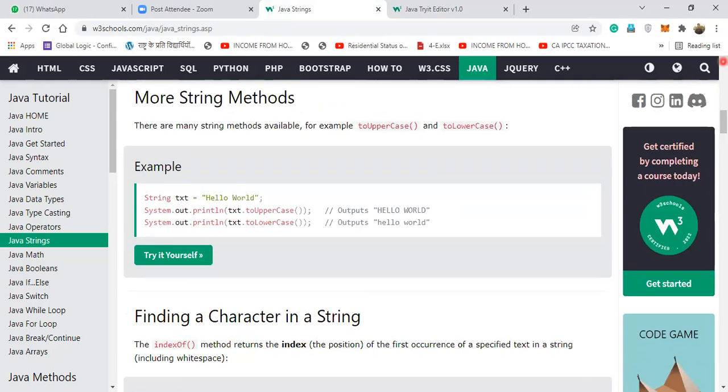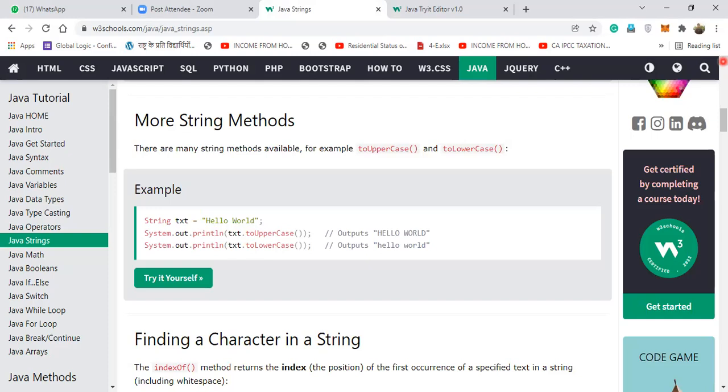You may ask where it is used. There are so many places where we are using it. So toUpperCase and toLowerCase. I hope you will be able to tell me. toUpperCase converts the value into capital letters. So the toUpperCase function returns the value of the string object in all uppercase. So it converts into all capital letters.